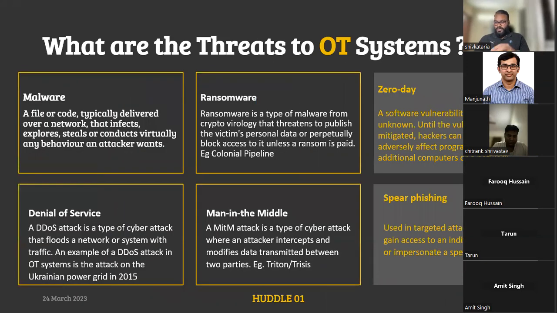Yeah. So we have seen the difference between IT and OT. We have also seen the integration is happening. Now, what are the real threats that are available to OT systems? Malware is an old thing. Everybody knows it. Starting from malware, in the recent attacks of the last 3-4 years, the complete focus has gone into the ransomware side, because OT systems are an easy target. And when they put the ransom there, since the plant operations are halted, they have a good bargain to ask for the ransom. So we have malware, we have ransomware, we have zero-day attacks, we have spear phishing